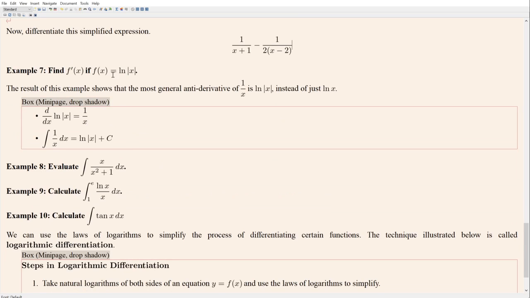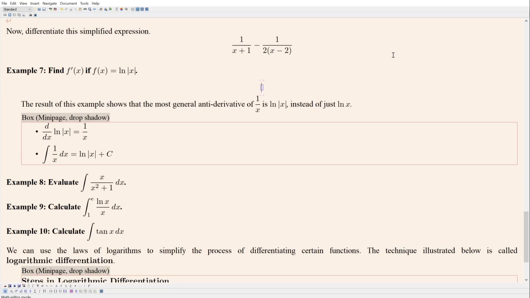Okay, find f prime if f is equal to the natural log of the absolute value of x. So this is an interesting example because it goes into what I was talking about earlier with the antiderivative and the absolute value. So let's see. Recall that by definition,